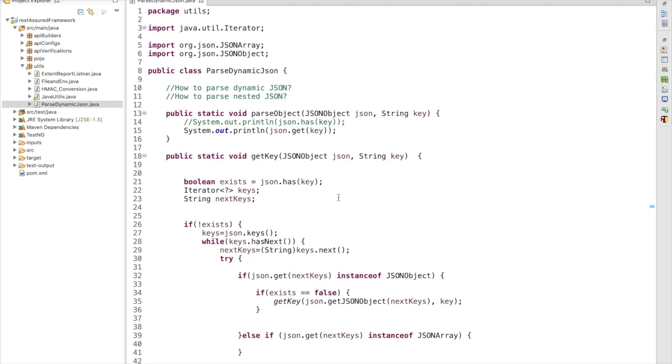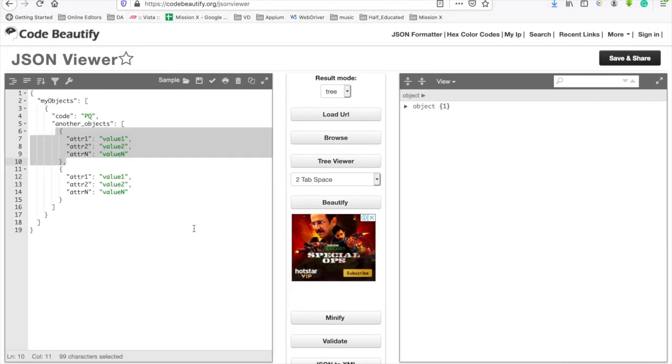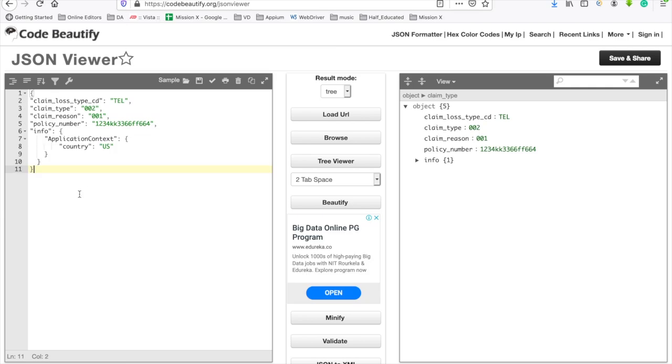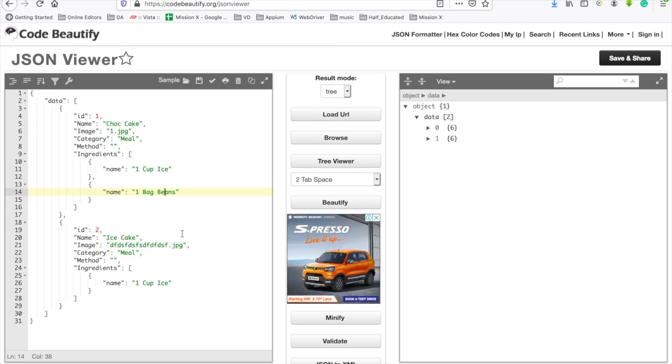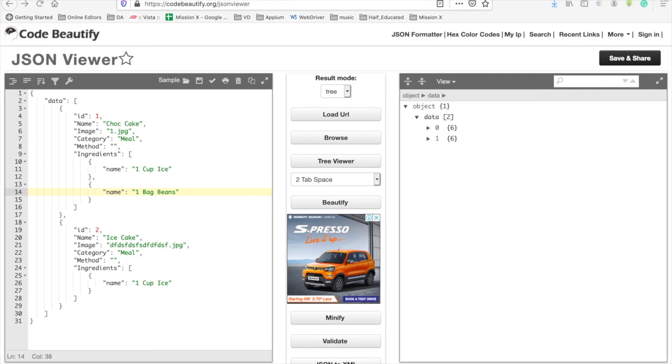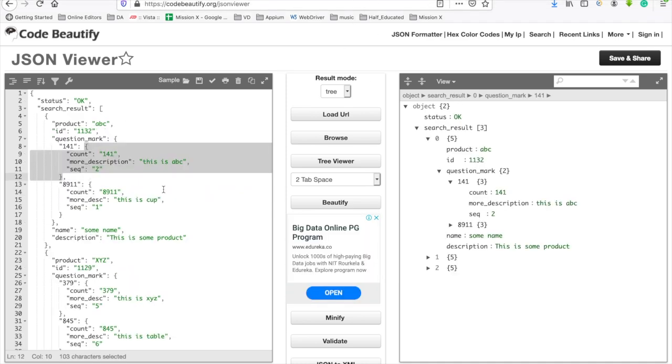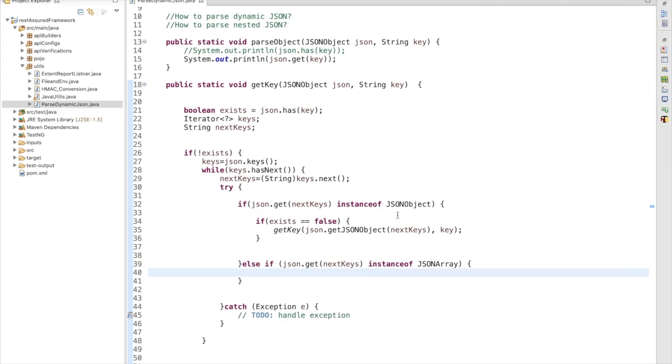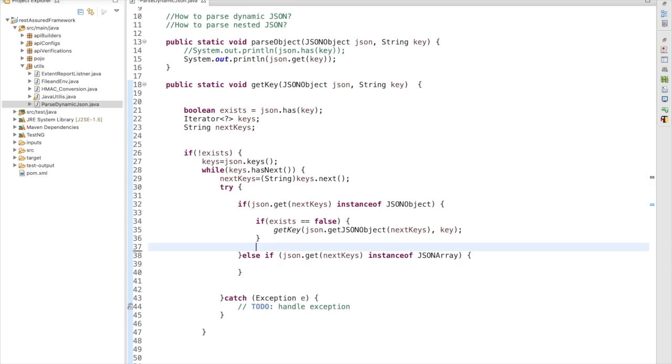So we are satisfied now. If we iterate through the entire JSON object, then it will work. Now we have to deal with a JSON array inside a JSON object. The pure nested JSON object we have handled, and now we have to handle this kind of situation, the last one we have used. Don't worry, we are going to debug this code and understand line by line how it works. You need to explore recursive code as well, how recursive code works.